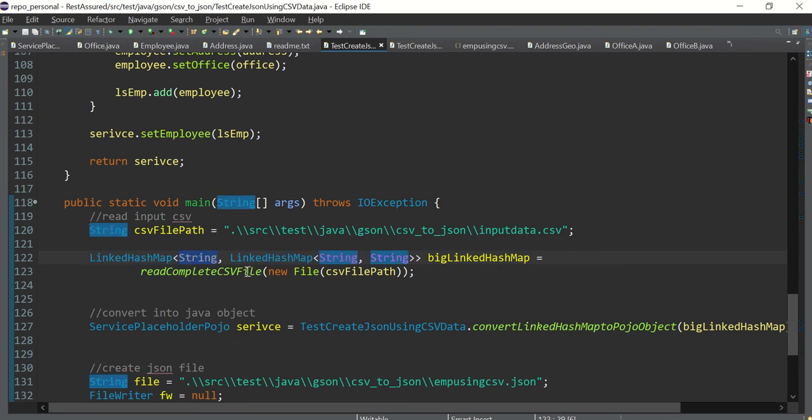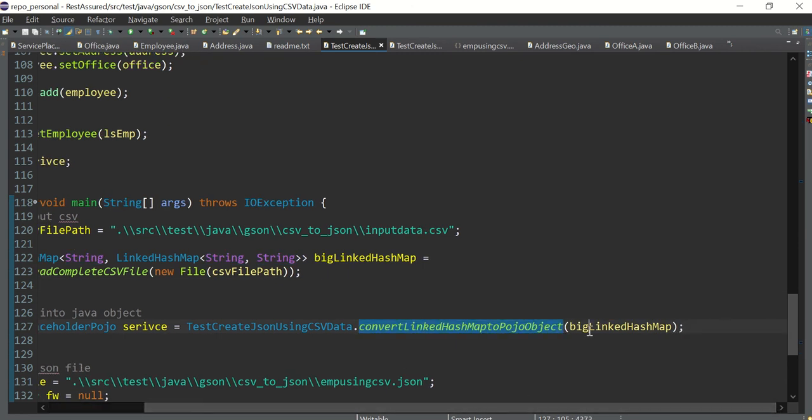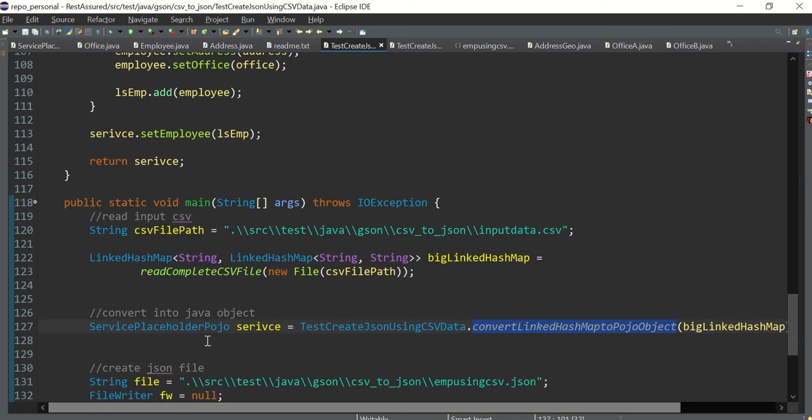So the big hash map has a key here, and the value itself is a hash map. If you're not comfortable, I recommend you go and practice map of map examples. Okay, so we'll get some map. Then we pass this big hash map to this particular method, and we get a Java object.